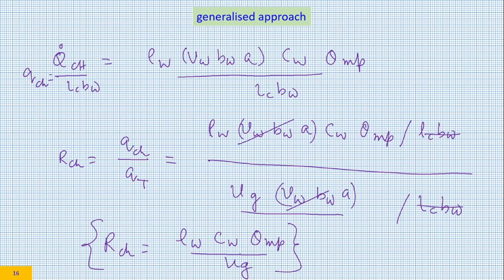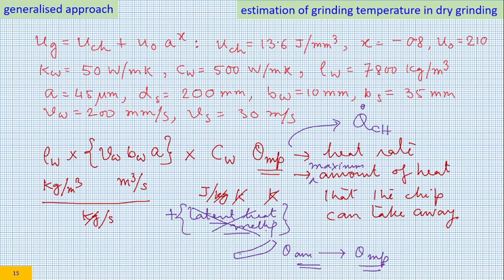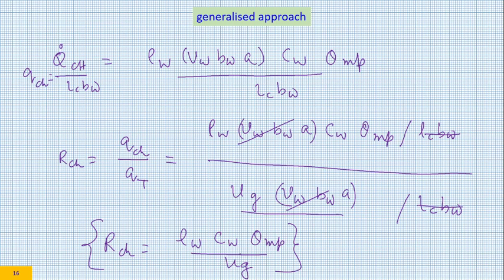Okay, now let us see, using this particular expression, can we solve the problem? And when we solve the problem, how does our solution match or not match with Malkin's approach? For doing that, we need to note down all those values. I have a small paper where I have noted them down. So you need to note them down as well. For that, first let us write down the expression of RCH.